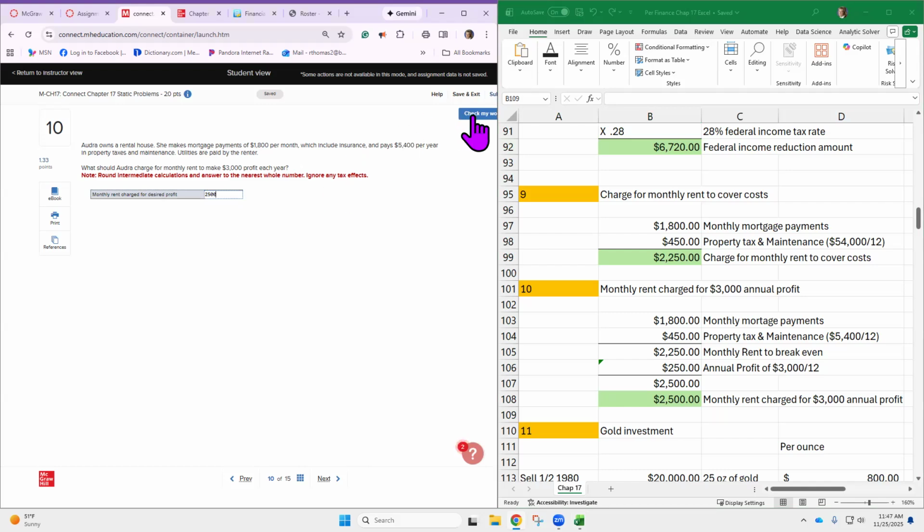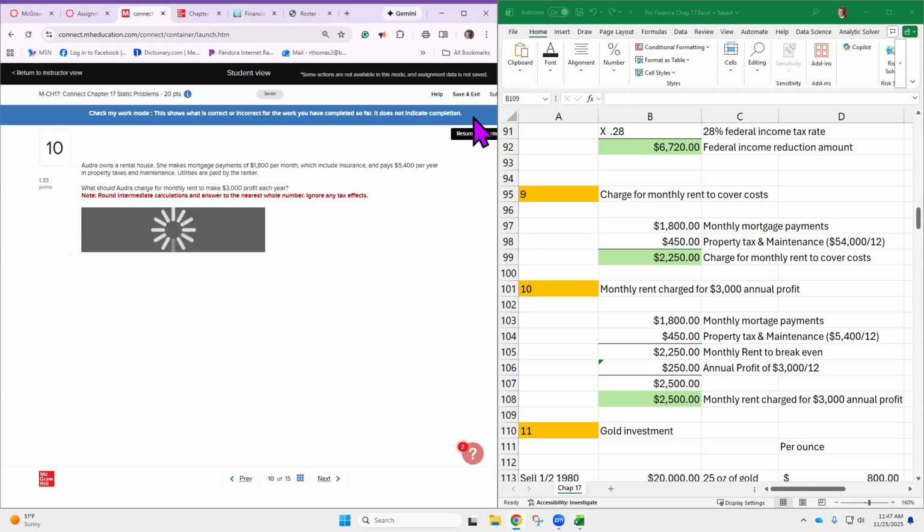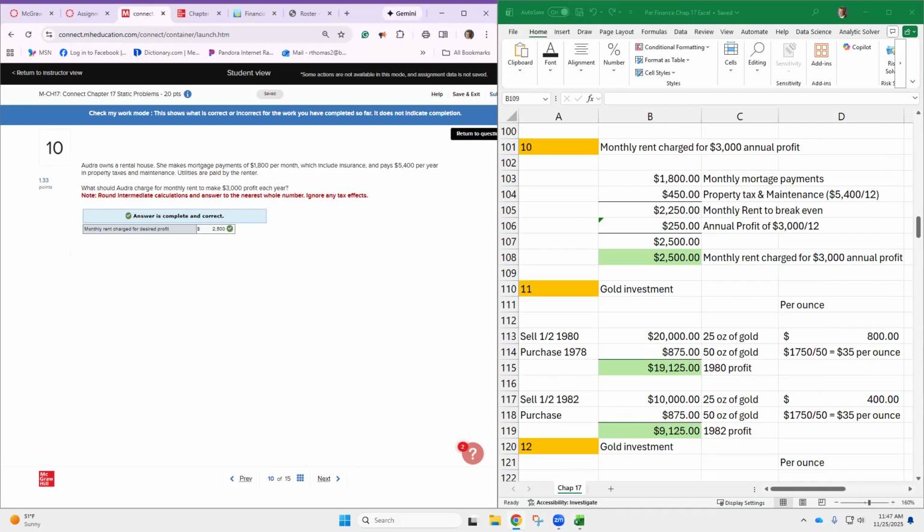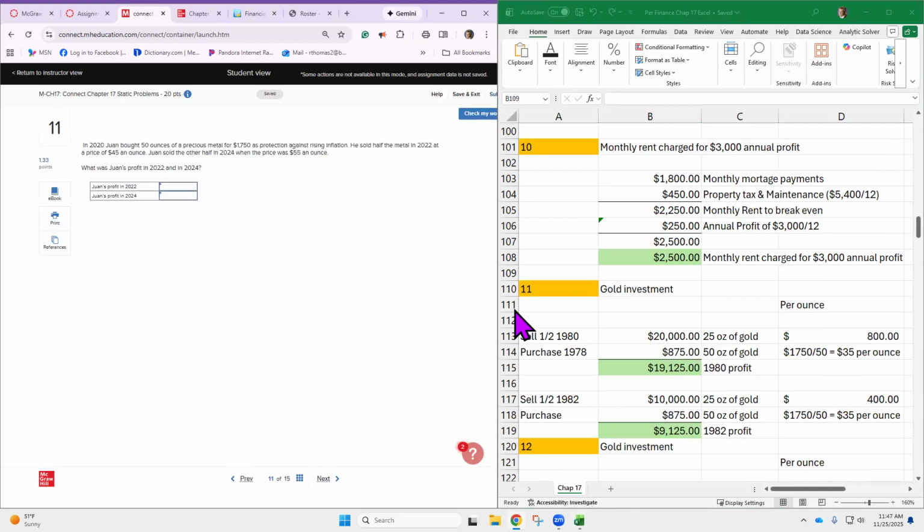So there's the rent charge for the desired profit of $3,000 a year. Okay. All right. This next one is about buying gold. Buying gold. All right. So precious metals. So it's a different kind of an investment. All right. So we're looking at in 2020,